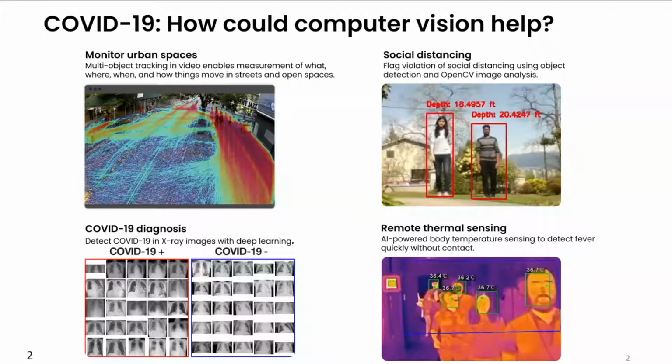spread of the virus. And the point I really want to make is that we don't have to be a PhD expert in computer vision to make an impact. Really, the democratization of the technology has made it so accessible. So people like you and me can actually leverage the technology for different applications. There are so many open source computer vision models out there that are already trained on super large datasets, so we can directly leverage them.